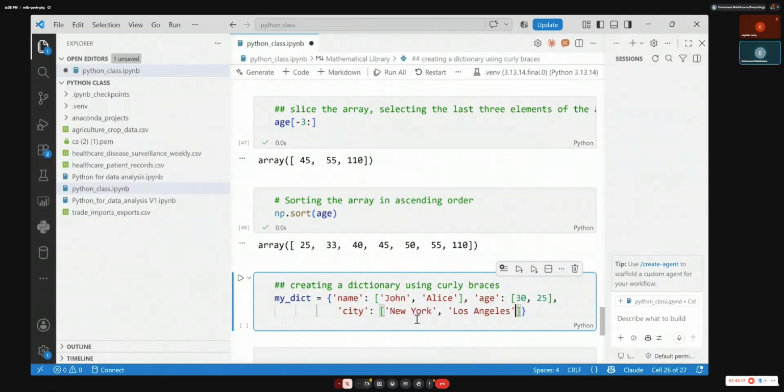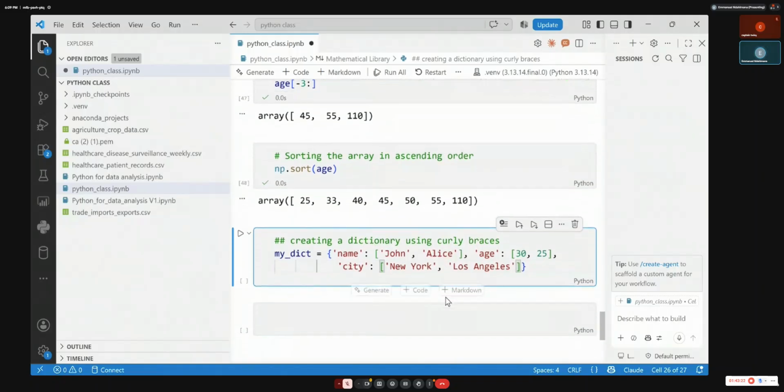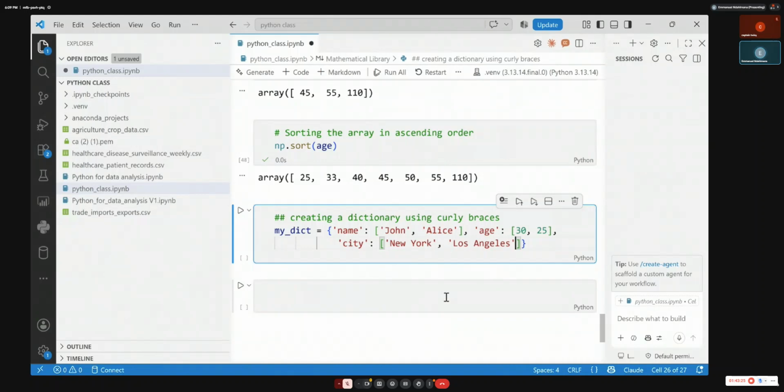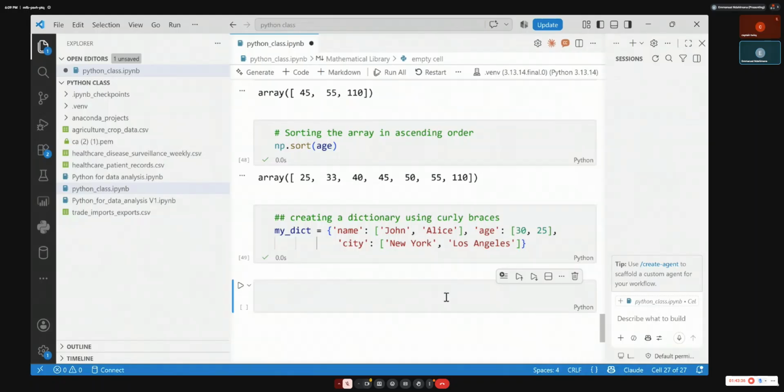Let's convert it into a table, a data frame. In this concept, a table is called a data frame in Python. This is a dictionary. Let me just run it. Running the code is Shift Enter. Now I have this dictionary that has the key of names, two values, John and Arisa, age, and so on and so forth. We are going to convert this dictionary, which is almost a JSON file or MongoDB structure, into a readable table.